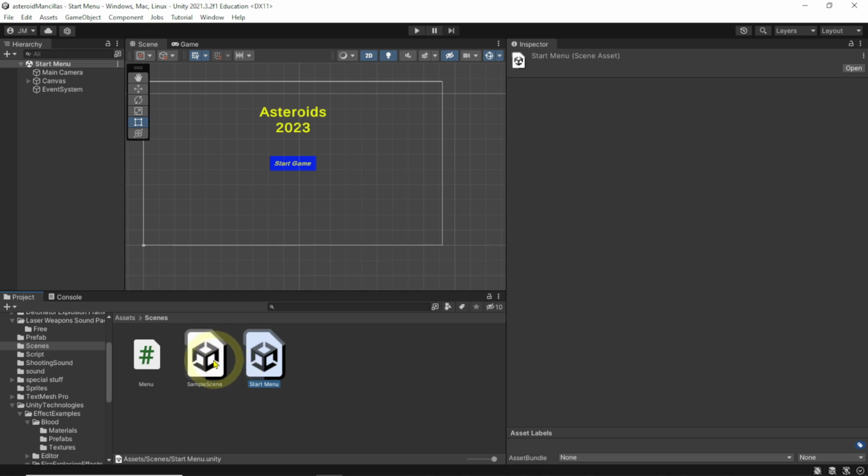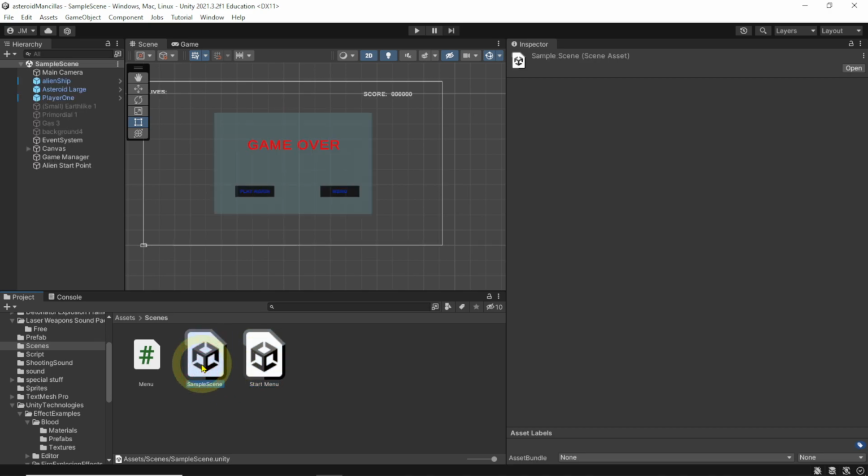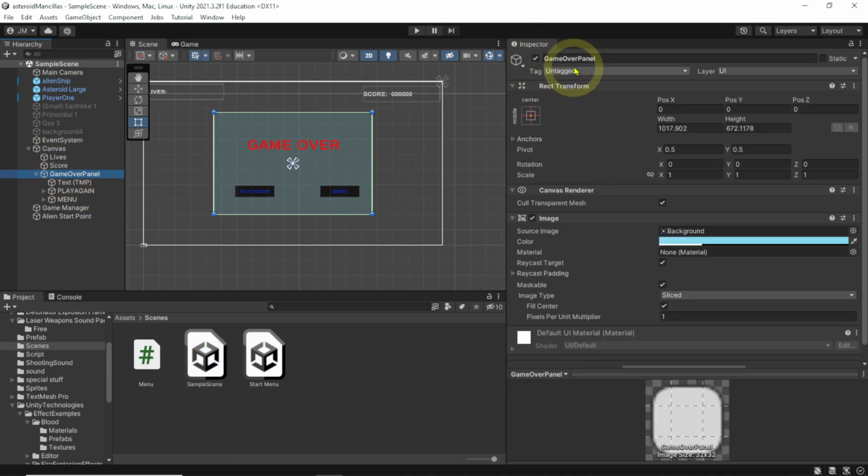So let's go back to our sample scene. Okay, I went ahead and made my game over panel visible. Okay, you can do the same thing too. I just checked it back on, so I can see something. I want to go ahead and make this main menu button right here kick me back over to my start menu. So I'm going to go to my